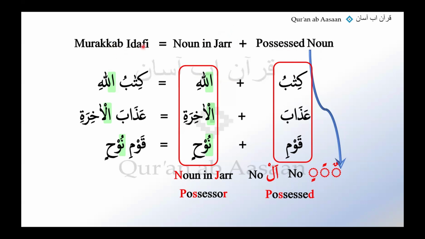What do we call it? Murakkabe idafi. All right. I've repeated it a couple of times. I'm just going to say it one more time. This murakkab is formed with two nouns. The first noun with no al, no tanween, a possessed noun, followed by a noun in jar, and together they make a murakkab, which is called murakkabe idafi. You can see the name here, okay? So we have, alhamdulillah, identified a new murakkab. And every time we identify something new, what do we like to do?